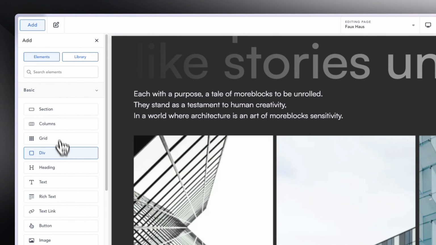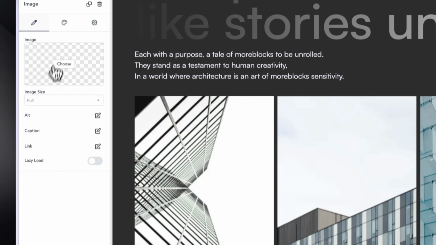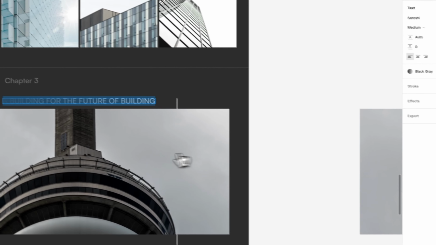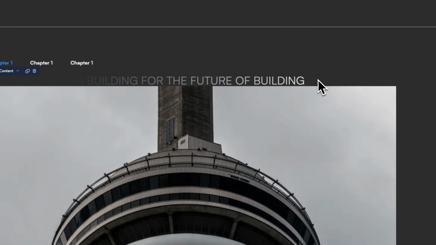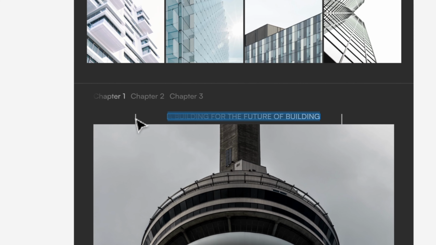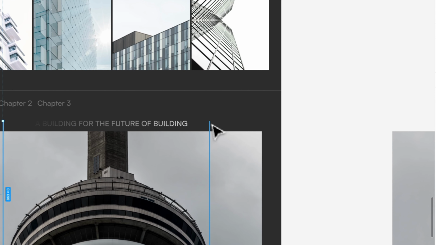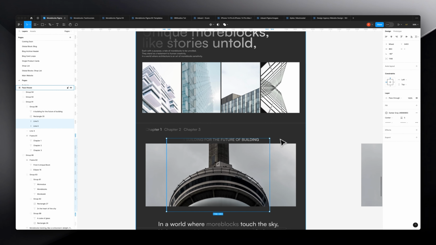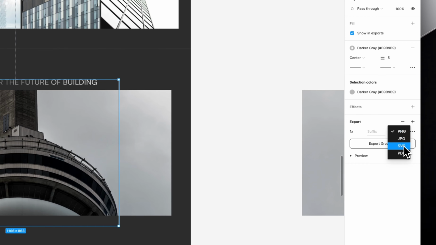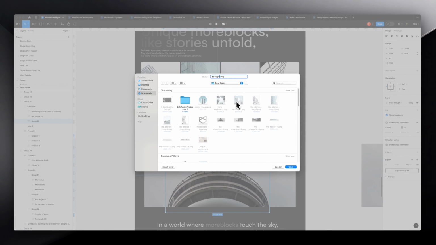And the next thing is to add an image. So images here, choose that image. What image is the first one? It's the views image. Okay, so that is fine. The next thing you can see that we do have this line over here. And probably the best way to do this is I'm going to group it, and then export it as an SVG. I'm going to use it as a background image. So let's call this one background